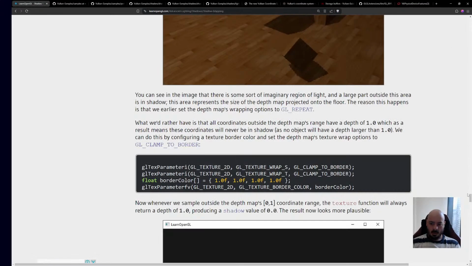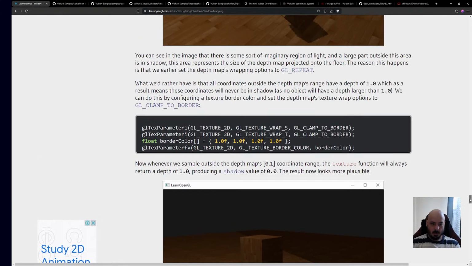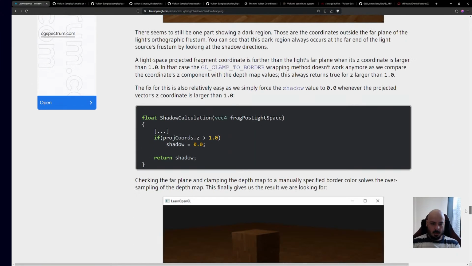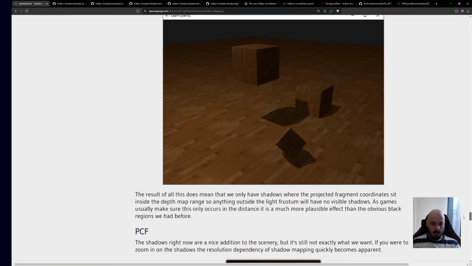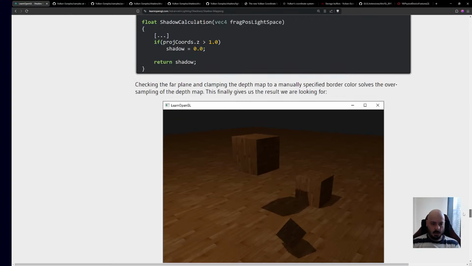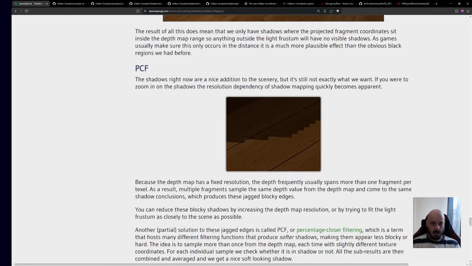Let us move on. There are a few more things. PCF is one of the things. Okay, that part's all good. Check the far plane and clamping the depth manually. Very nice. Here we go. PCF. This is it. So the shadows right now are a nice addition to the scenery, but it's still not